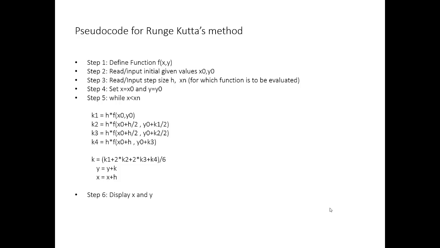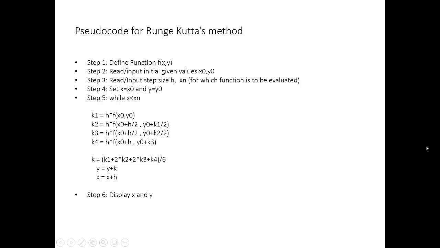Now you have to set x equal to x0 and y equal to y0. These are the initial conditions, x0 and y0, that you initialize to x and y. They have been read from the console. You will read these values and these are supposed to be the initial boundary conditions. Now we go into the loop: we set a condition that while x is less than xn, till this condition is met, we have to calculate the different values of the weights